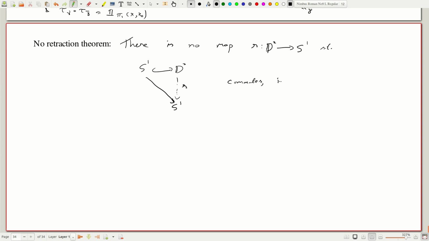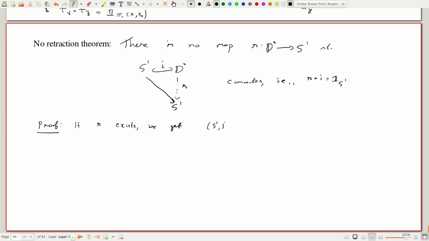Now that I have this picture, let me call this inclusion. That is simply that R composed with inclusion is the identity of S1. Okay, and the proof is a classic application of a functor. But first we can get a free upgrade, because you see, if such an R exists, proof, if R exists, we get,